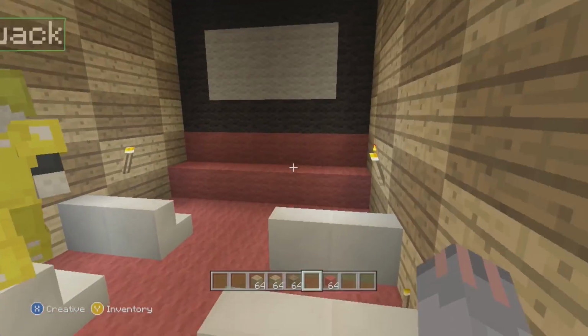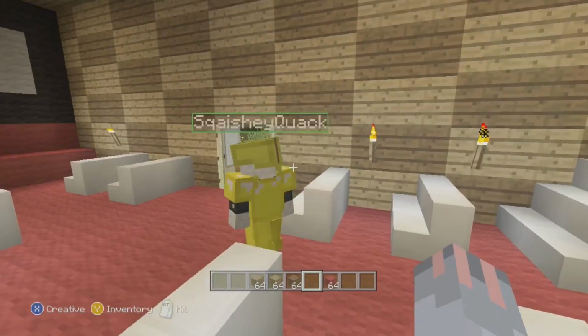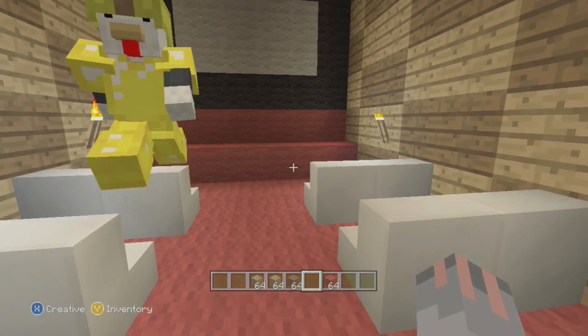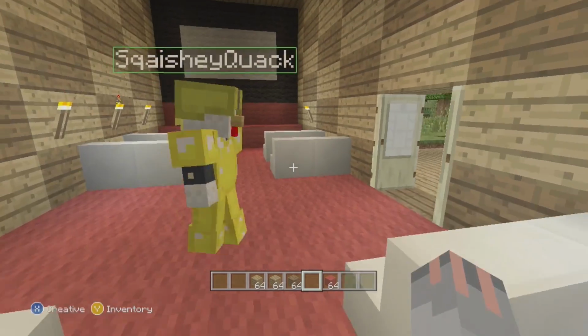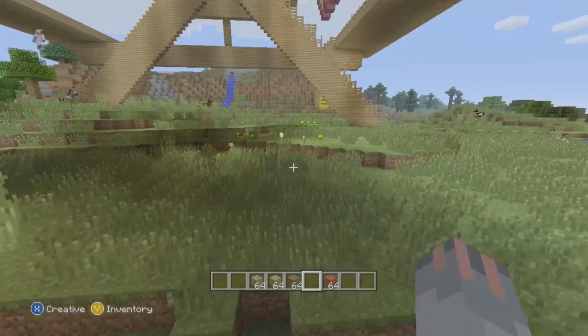Oh, wow. This is like a picnic basket cinema. This is amazing. I wish this was a real thing. A picnic basket cinema. So we can watch films in here now. Oh, that is brilliant. I love this. I love the basket as well. Oh, wow. Your own wicker basket. This is such an amazing...